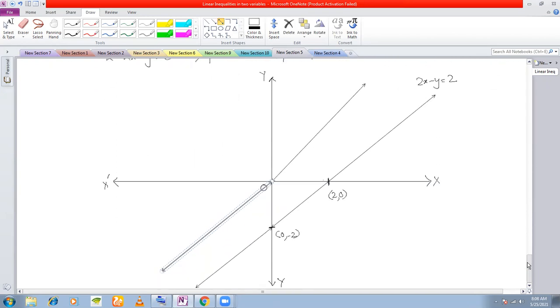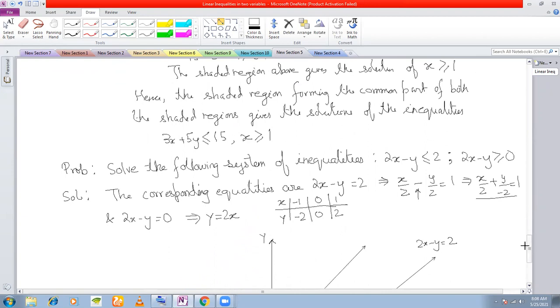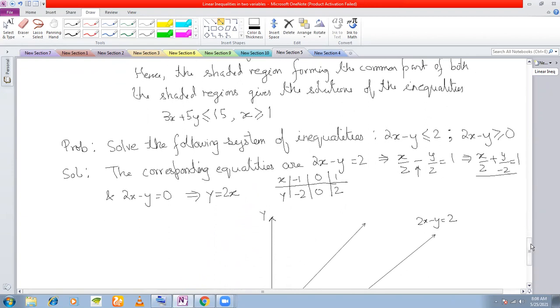See that these two lines will be parallel. Why will they be parallel? You have not done straight lines. But notice that these two lines will be parallel. Because see, the coefficient of x you see here. What is it? 2x, right? 2, simply. What is the coefficient of x in this equation? This one. 2x, right? They are the same.